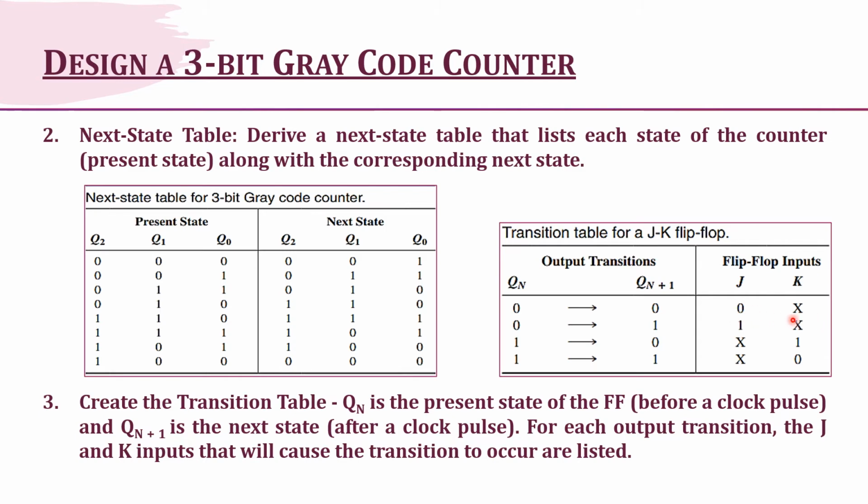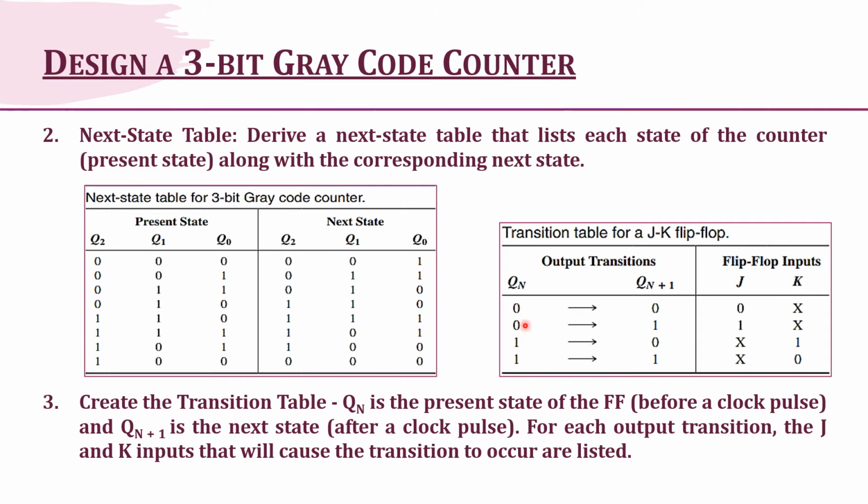0x represents that the J value is 0. It represents that it should not set the state. It should not set the flip-flop. K can have either the 1 value or the 0 value. That means we can have either the 0 0 combination or the 0 1 combination. In both combinations, this 0 can remain 0.